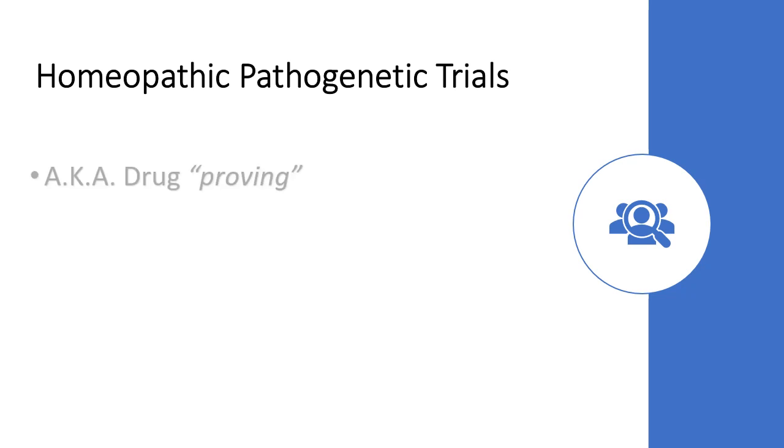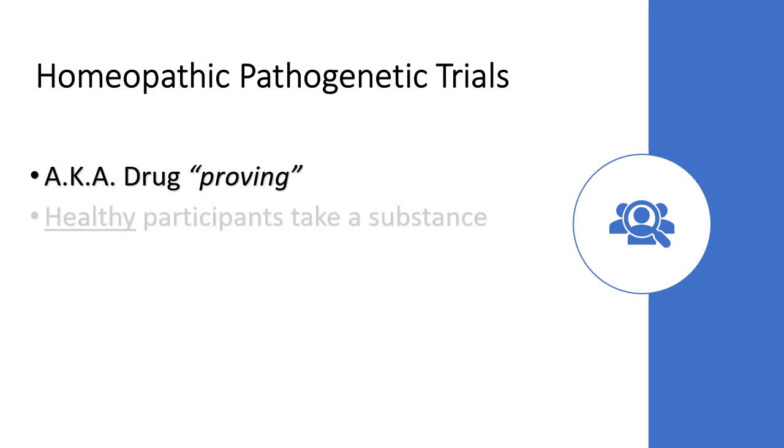Now, what exactly are provings? A proving is the action of a drug on a healthy person. That drug is, of course, not in the form of a raw drug. We shall be looking at that in greater detail later in a different module. But for now, it is suffice to say that it is in a highly super diluted state. So the healthy participants take a substance and they make a record of all the symptoms that arise after taking the substance.